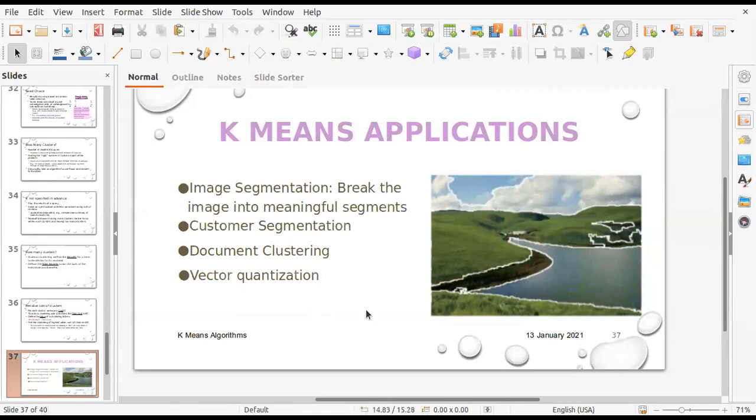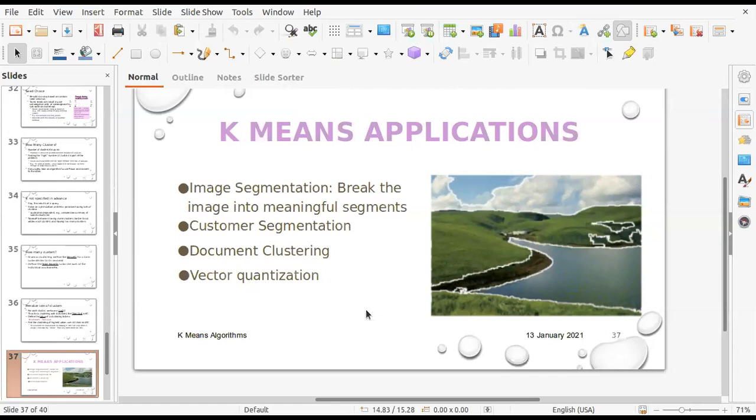Second is customer segmentation. Given the preferences of the customers, preferences could be in terms of whatever they have bought or are purchasing in a mall. Those can be considered, and then we can segment them into, say, customers who are more beneficial to the mall, or the person who purchases very little but spends a lot of time in the mall, something of that sort. Based on that, you can provide additional services to your privileged customers.